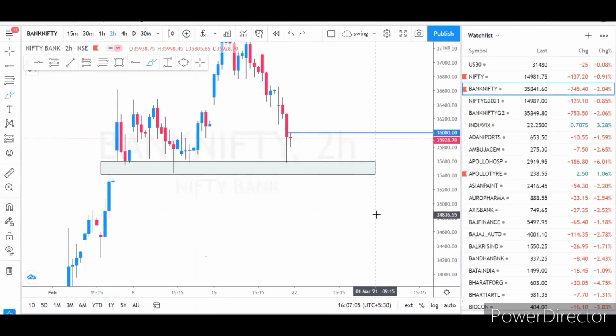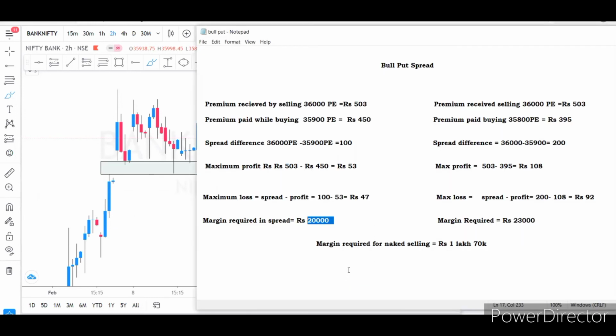And friends, if you have very limited capital like 60,000, 80,000 or even 1 lakh and you still want to sell an option and hold it, then what you can do is first sell the option as MIS, then complete the spread. Once the spread is completed, your margin requirement will be reduced to around 20,000, 25,000. Then you can convert your position to normal.